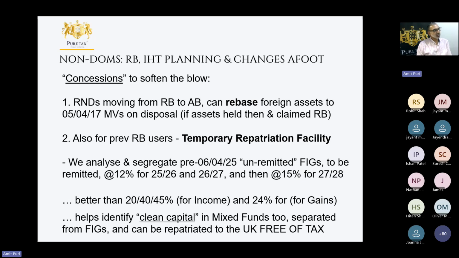But for those that were on the remittance basis, so these non-DOMs, for example, one of the things that they could do is look at their assets overseas, and if it makes sense for them, it would be a good time to crystallize a sale and get rid of them. Certainly, if they're allowed to go back and look at the 2017 value of those assets, if they claimed remittance basis, and use that as the base cost today. So that may produce a small loss for someone, that might produce a small gain, but nonetheless, if they didn't rebase like this, then they'd have to use the original cost, for example, and that might produce a much larger gain.